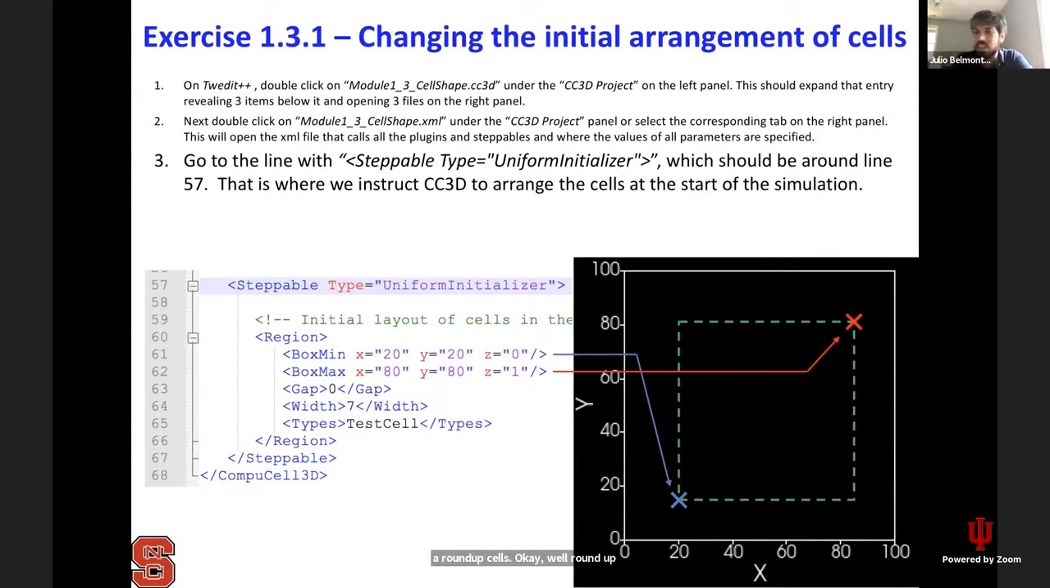But here in this case, you're using the uniform initializer, and the way it works is the following. It basically draws a square or rectangle in your 2D simulation, where you have to specify first the minimum coordinates of one corner and the coordinates of the opposite corner, and what CompuCell will do is just fill up this space